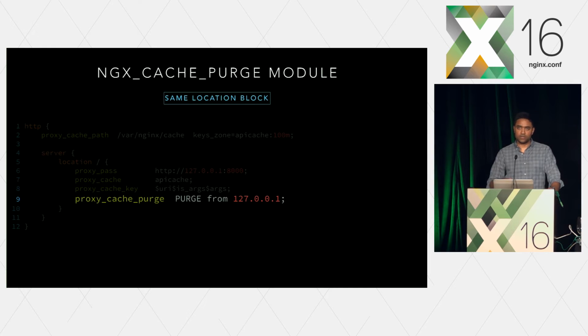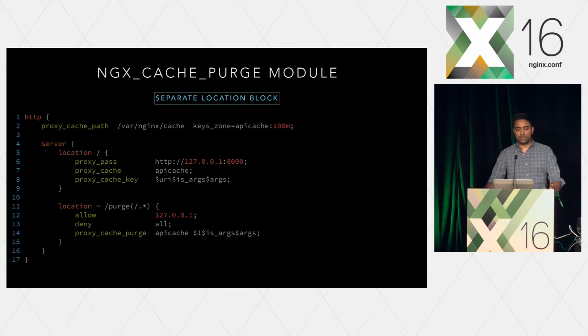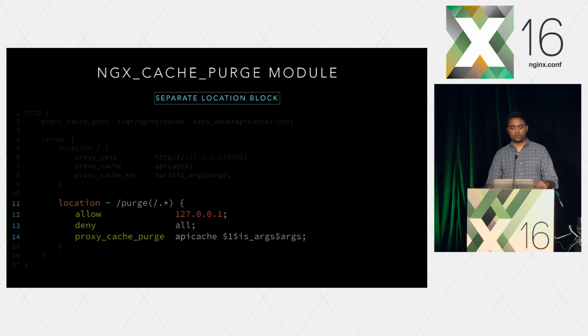And you're saying if it's a purge request, that is, if the HTTP method is PURGE instead of the usual GET, POST, etc., and if it comes from the localhost, that's the access control part, then remove that entity from cache. If you have any limitation around where you can't use the purge method, then you can also do a separate location block with a prefix and basically match the rest of the URL, with the expectation being that the URL you want to purge, you would prefix it with something, in this case the word purge, extract the URL, and then use it in